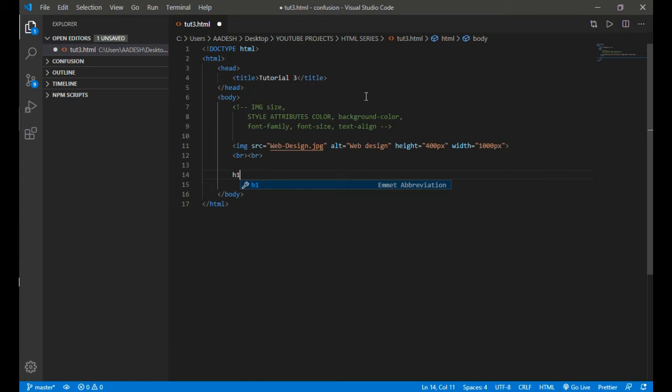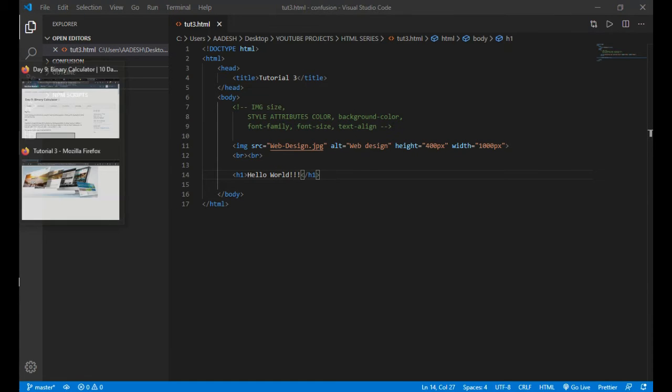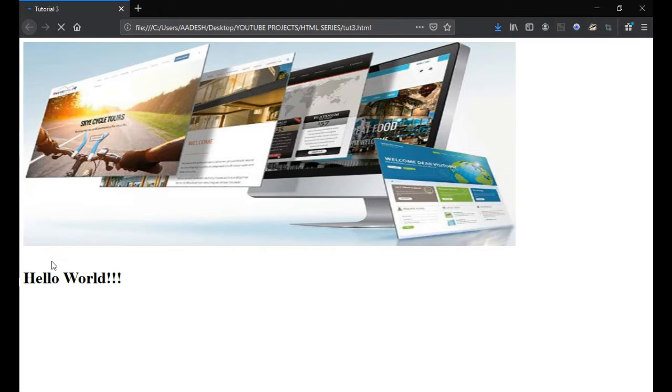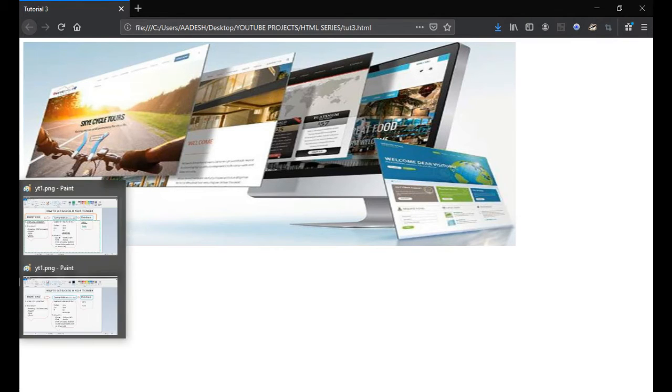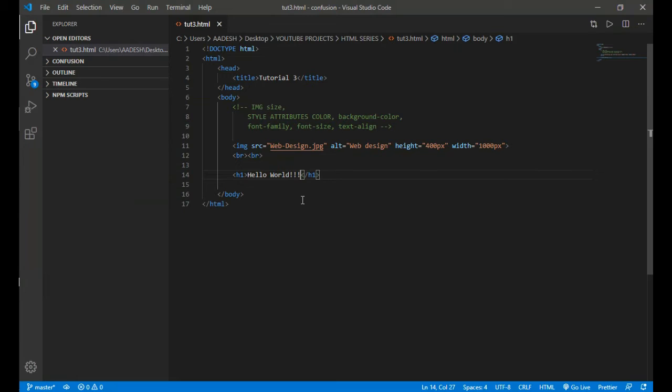First of all, let me take one heading tag, h1. Whenever we want to style the text we write inside h1, for example here I am writing hello world. Control S, go to the browser, refresh. This is the default style of the text, decided by the browser. But if we want to customize the styling, then we use the style attribute.